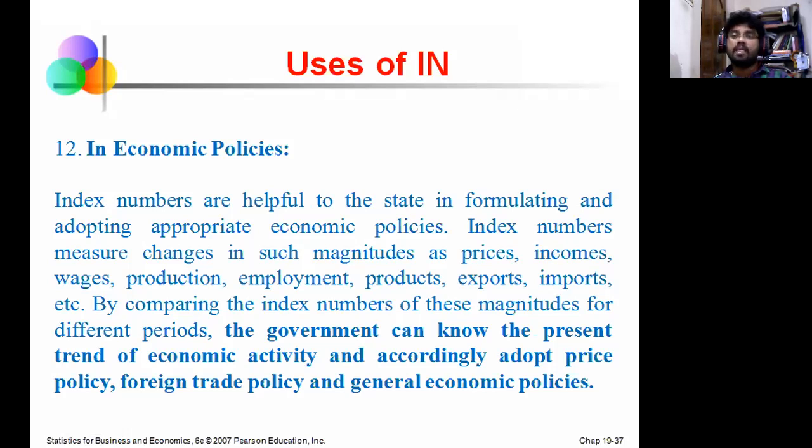For example, now for export and import, the country cannot give more. What we can say is that the government can give more opportunities to export goods. Why can the government not give more opportunities? Whatever commodity you would like to export, the commodity should have good demand in international markets. When there is no demand in the international market, the government cannot encourage those particular products. For commodities that have a good demand in the international market, they can simply encourage such kinds of goods. I hope you understood about this.